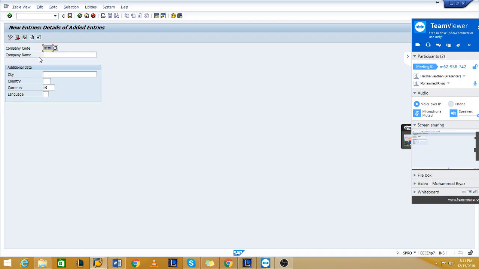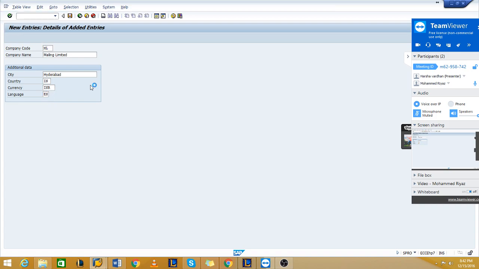Say, for example, HTML has a branch called ML, which is Mailing Limited. City Hyderabad, country IN, currency INR, language EN.